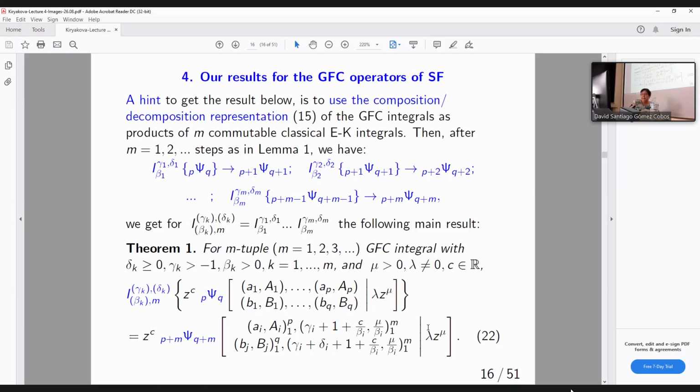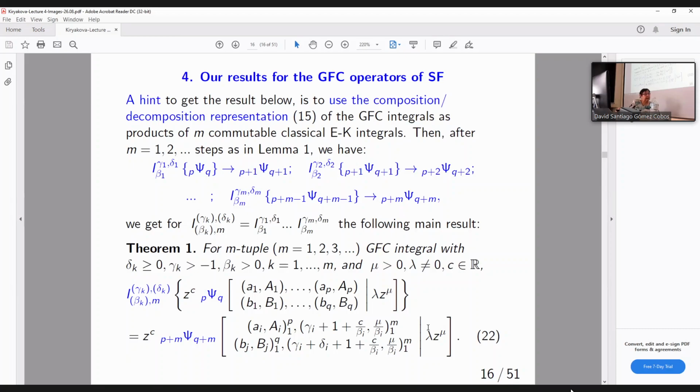For example, one Erdélyi-Kober operator of p psi q transforms it into a p plus 1, q plus 1 function. Then we apply the next Erdélyi-Kober operator, and p plus 1, q plus 1 are increased to p plus 2, q plus 2. And after m steps, the final Erdélyi-Kober operator goes to a psi function with order p plus m, q plus m. So the main result we explore in all this topic is that